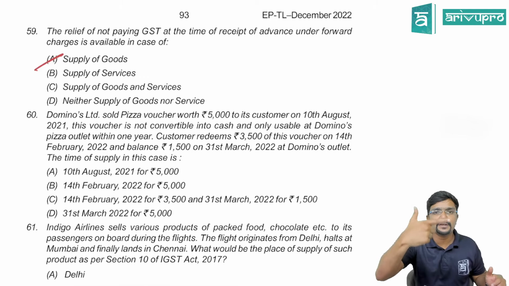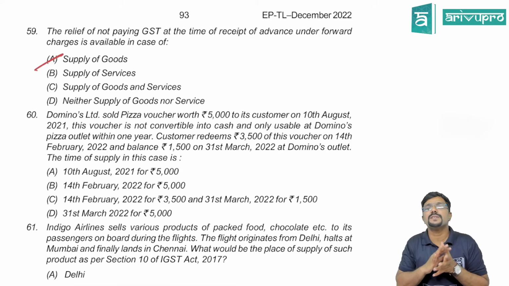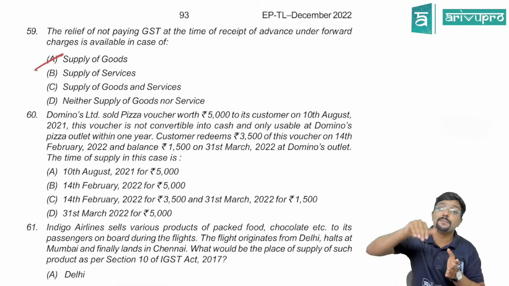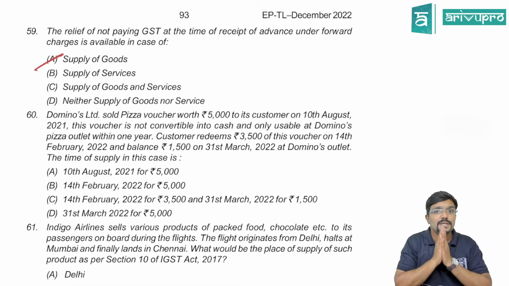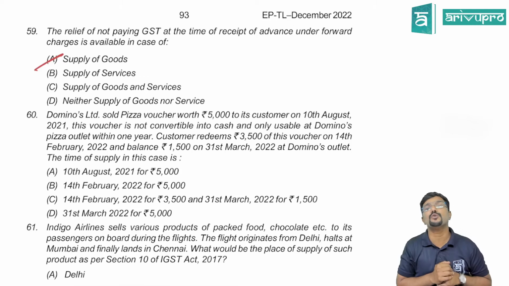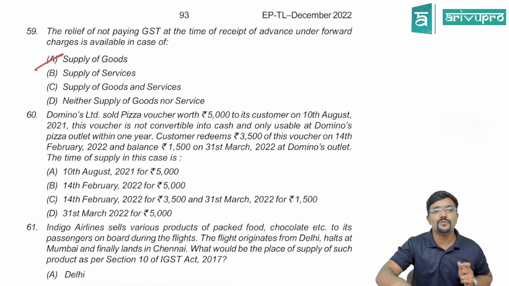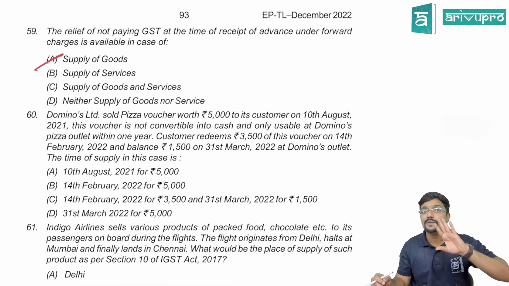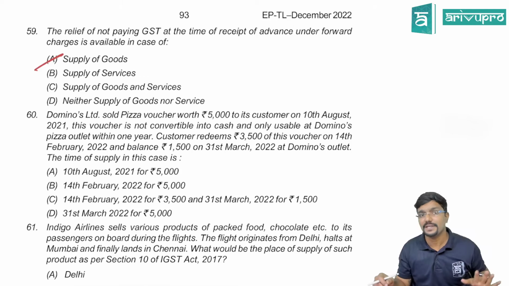So for the goods under forward charge, what is the time of supply? Earlier of 2 dates. Date of issue of invoice or due date of issue of invoice. So if any advance is received for the goods to be supplied in future, should the supplier pay tax at the time of receipt of advance? No. When should he pay tax? Only when he actually supplies the goods and issues invoice, guys. So for which is this? Supply of goods. Whereas for services, it is not like that.